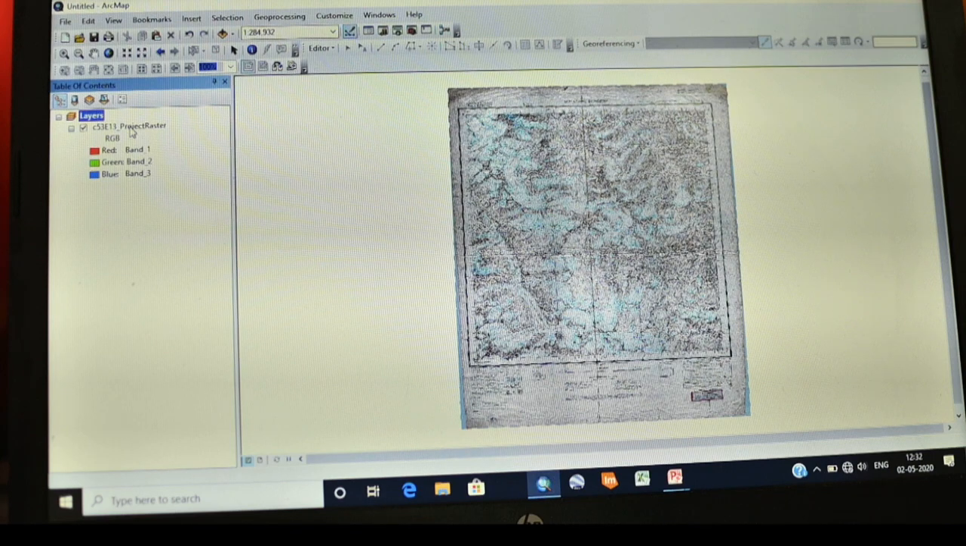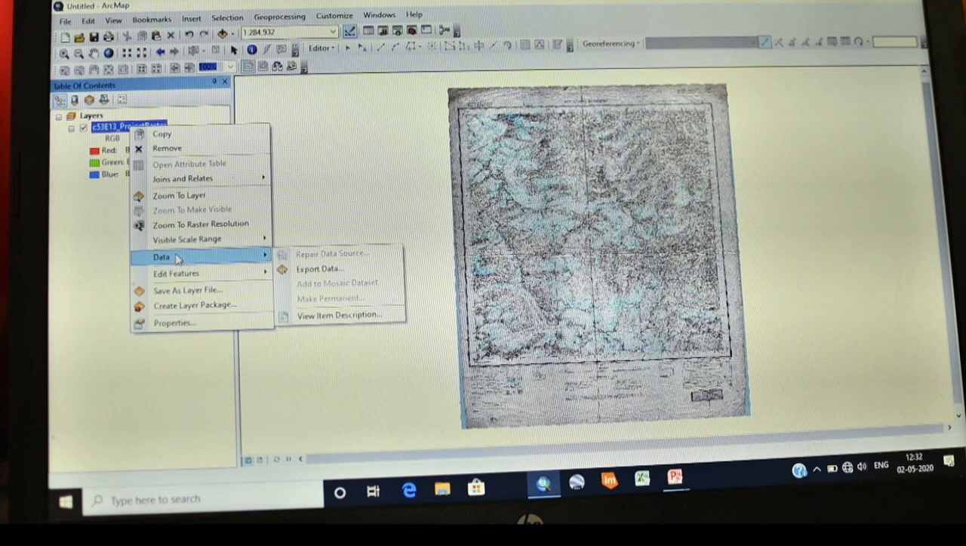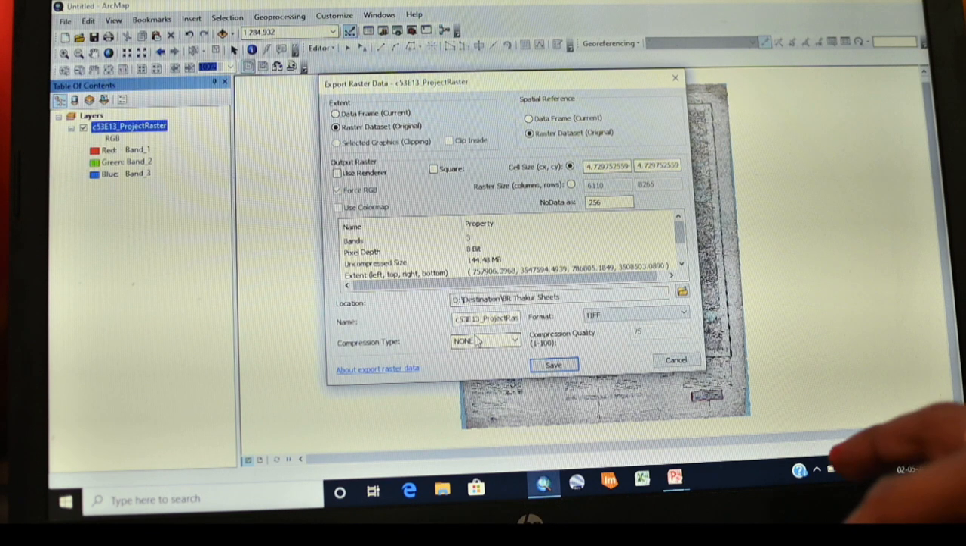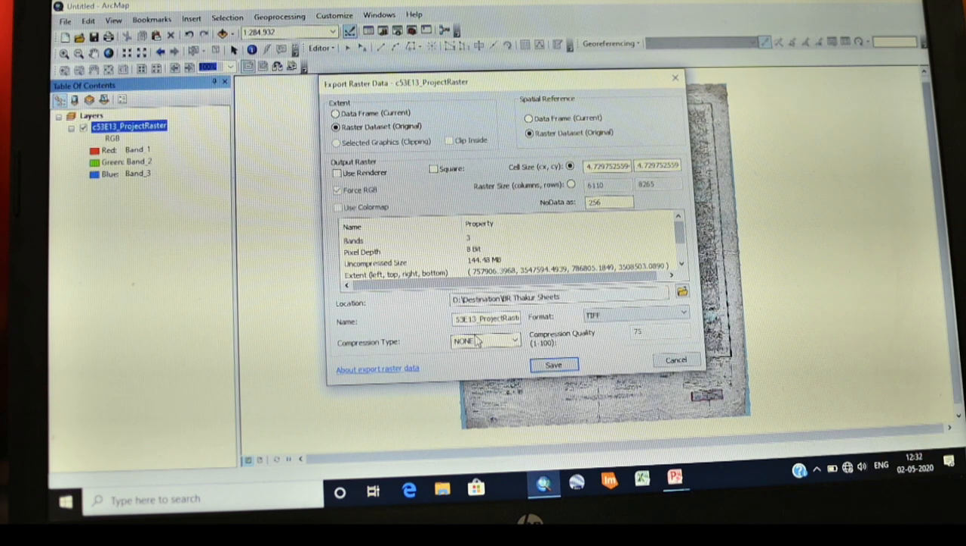Now you can remove this raw image and this georeferenced image which has been added to the layer of contents, and you can export it and save it in the appropriate folder. So right click, data, export data. So where you want to save it, for example, I want to save it in the D folder in this PR Thakur folder, and you can rename it